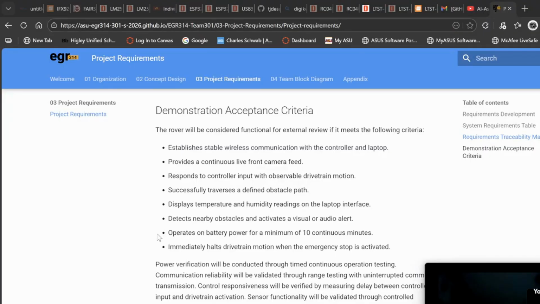Also operates on battery power for a minimum of 10 continuous minutes. And finally, immediately halts drivetrain motion when the emergency stop is activated. So these are the requirements, the criteria that we for sure want